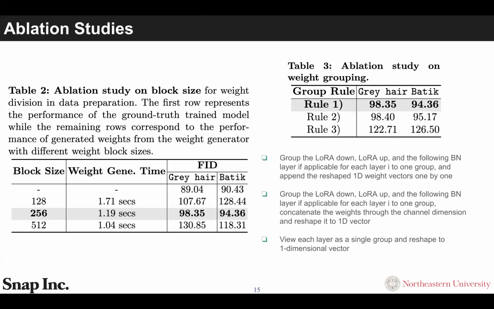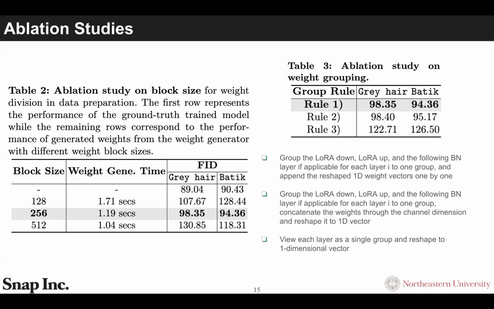The second rule is to group the LoRA down, LoRA up, and also the BN layers into one group. But in this case, we concatenate the weights through the channel dimension and then reshape it to a 1D vector. The third rule is to view each layer as a single group and reshape it to a 1D vector.